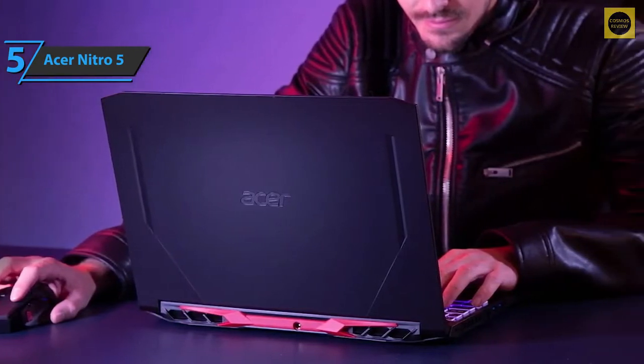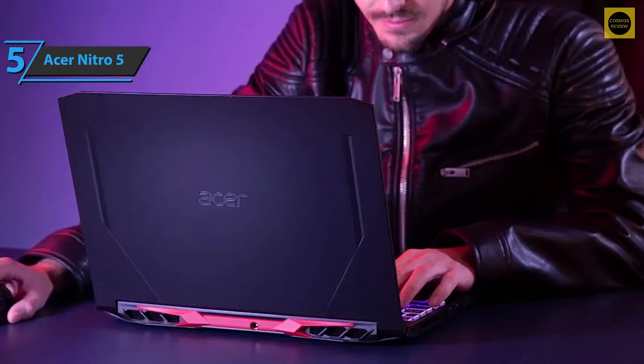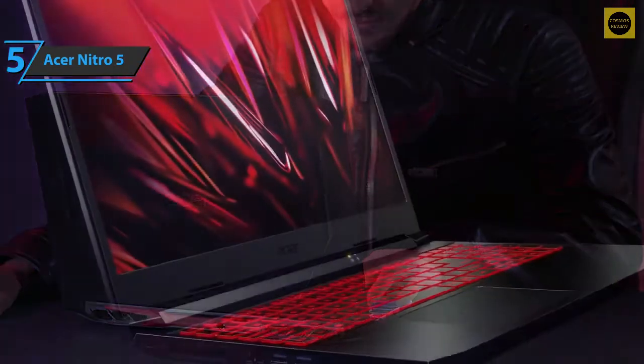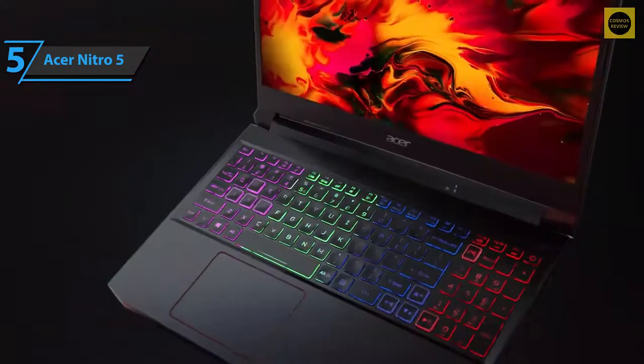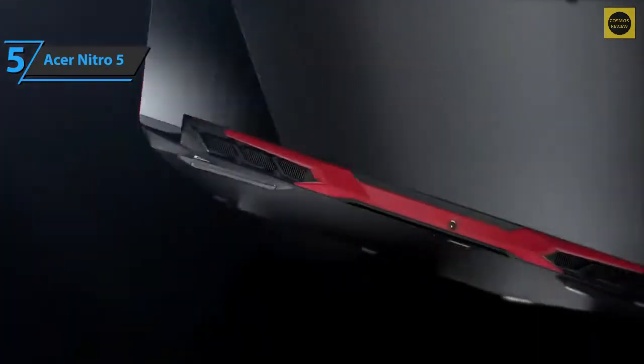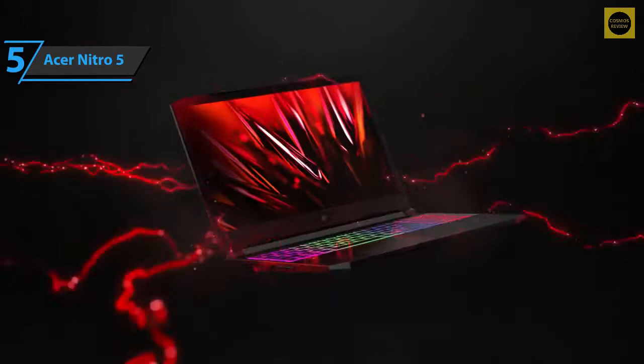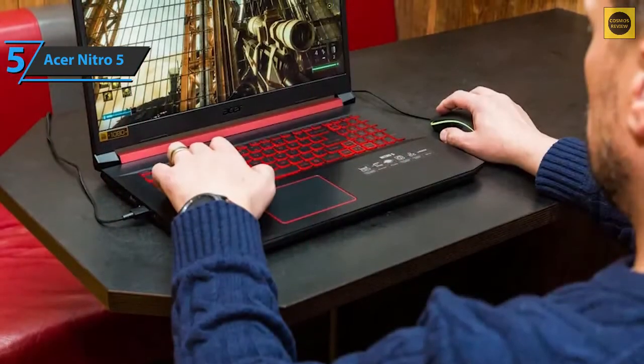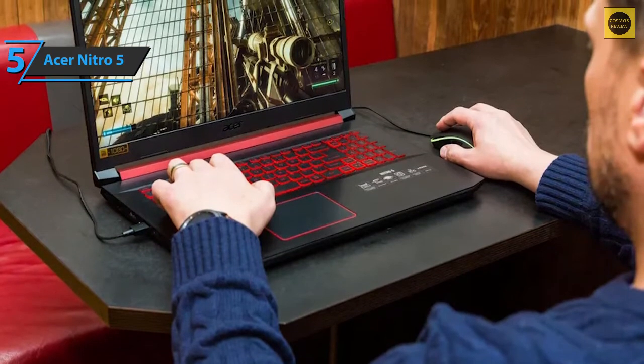In terms of connectivity, the device features a Kensington security slot, a Gigabit Ethernet port, 2 USB Type-A ports, and a combined headphone and microphone port on the left, as well as one USB Type-C port and an HDMI 2.0 output on the right. Nitro 5 does not achieve spectacular speeds in the Wi-Fi test, but it is still fast enough for all